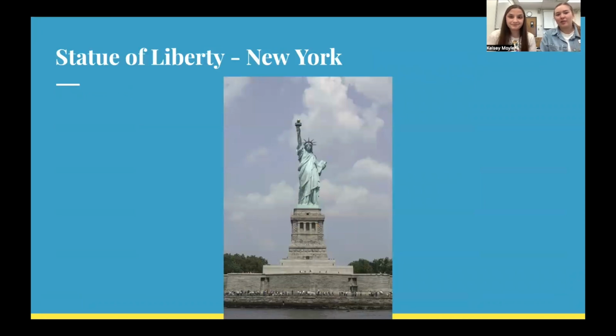The first one that we have here, you probably know what it is. It's the Statue of Liberty, and it's located in New York City on Ellis Island. This is a beacon of freedom. When people back in the day came to the United States, it was a chance for them to start over in a new place. A lot of immigrants came in, and when they saw the Statue of Liberty, they saw it as what the U.S. represents, that of freedom, of a new life.